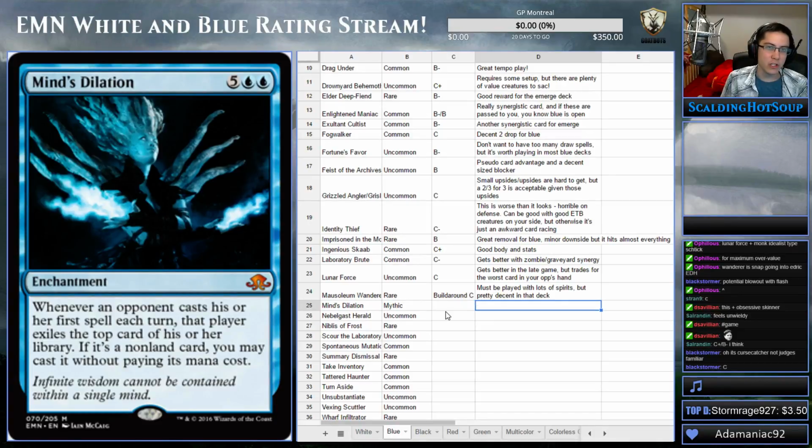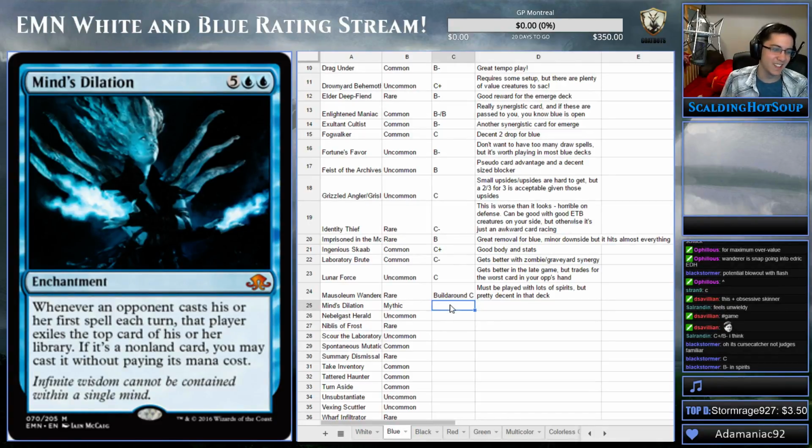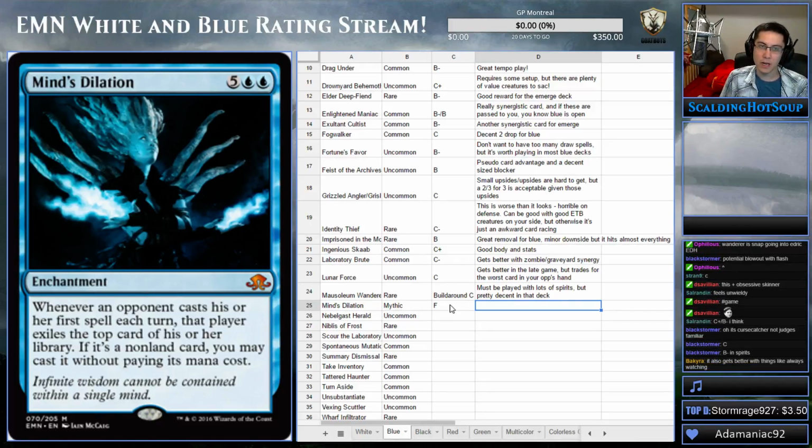Next, Mind's Dilation, unplayable. F. So this card, 5 blue. Whenever an opponent casts his or her first spell each turn, that player exiles the top card of his or her library. If it is a non-land card, you may cast it without paying its mana cost. So what you're saying is half the